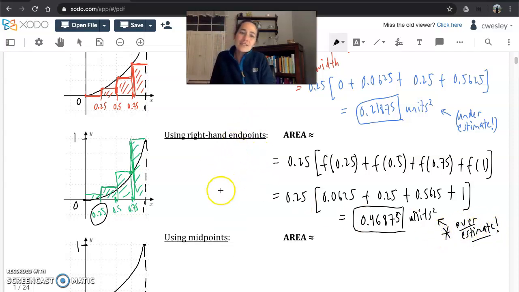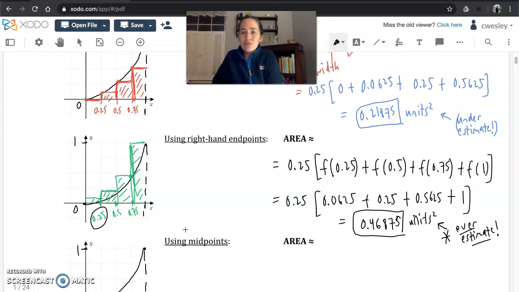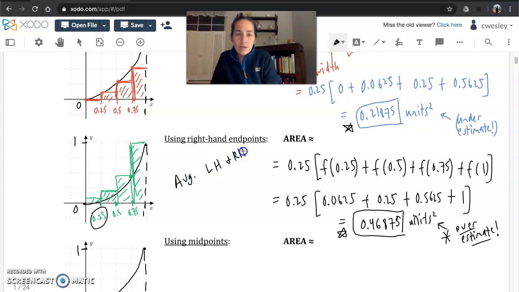I have this using midpoints at the bottom of the page, but even just using these two values, could we get a better guess if we had to? Is anybody thinking to average them? That's what I was thinking. Maybe a better estimate would be to take the underestimate, take the overestimate, and average the two. So if I average the left hand and the right hand endpoints, we're getting closer and closer to the real solution. Average those two numbers, you get